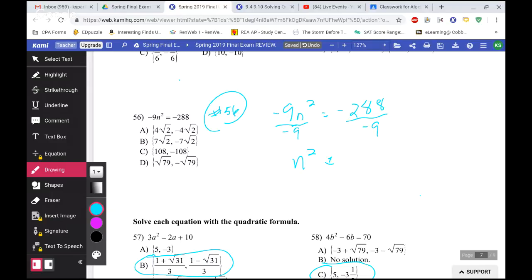You have n squared equals 32. Okay? So now, to factor,